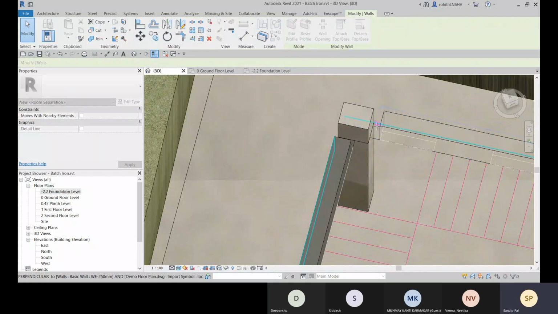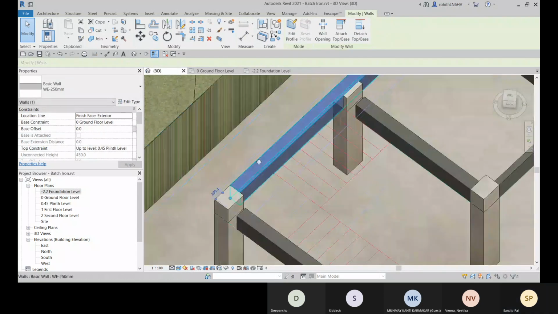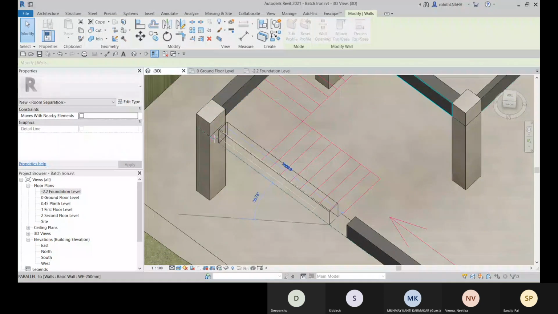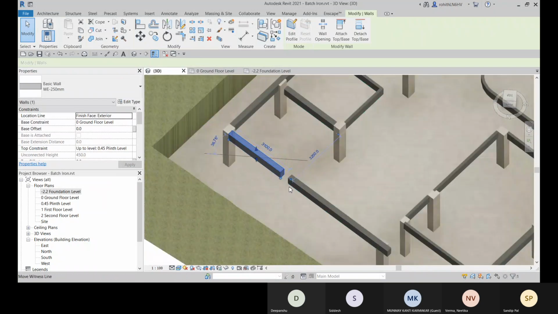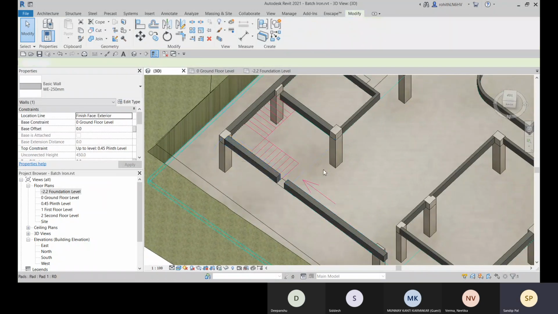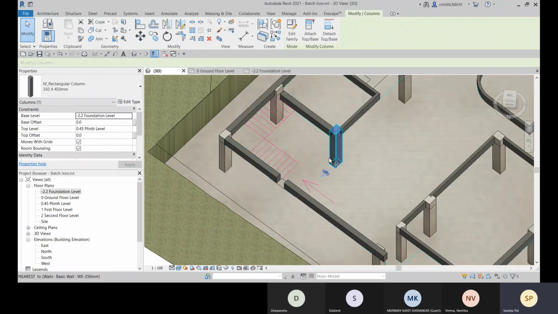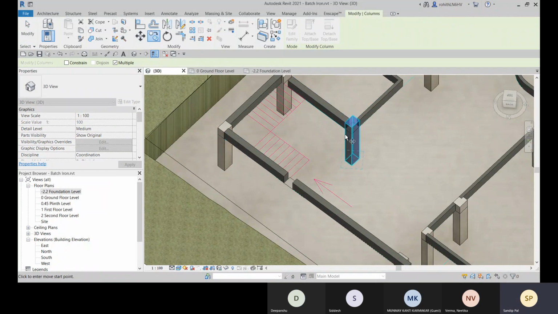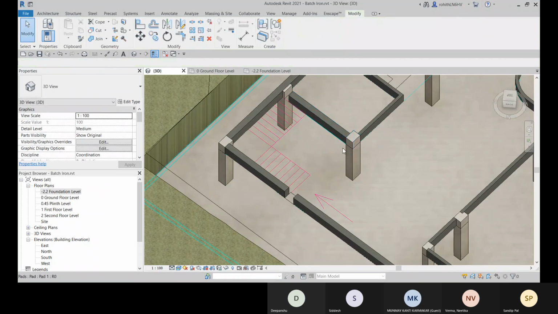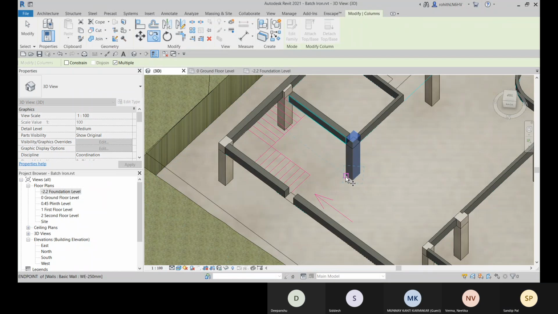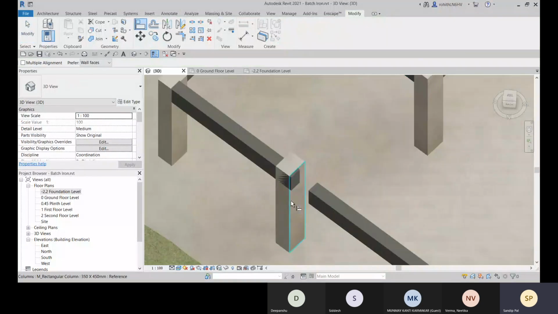Just need to change the wall position here. Okay, here I haven't placed it. So let me go for copy, CO. Let me CO, select, and it will select this only. So let me choose this point. Okay. Now let me just align it,